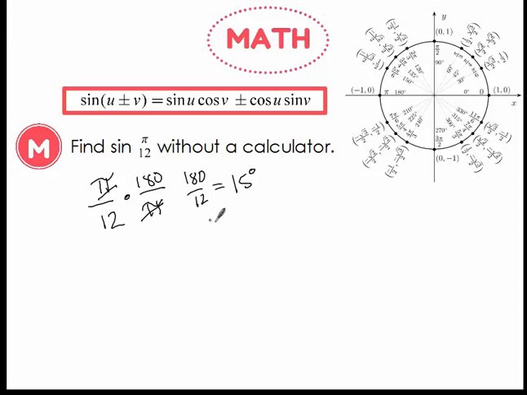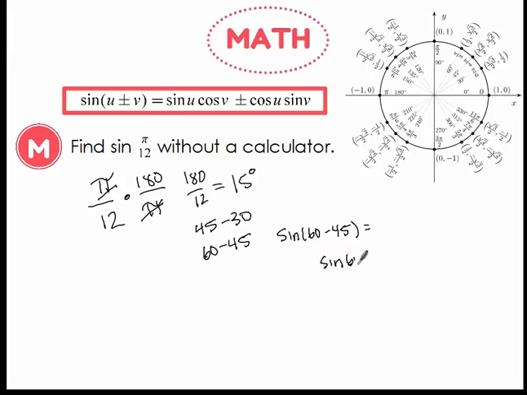We know from the previous problem that if we have 15 degrees, we can take 45 and subtract 30, or we could do 60 minus 45. I'm going to do this one since we haven't done one like that yet. So I'm going to use this formula. I'm going to do sine of 60 minus 45 equals